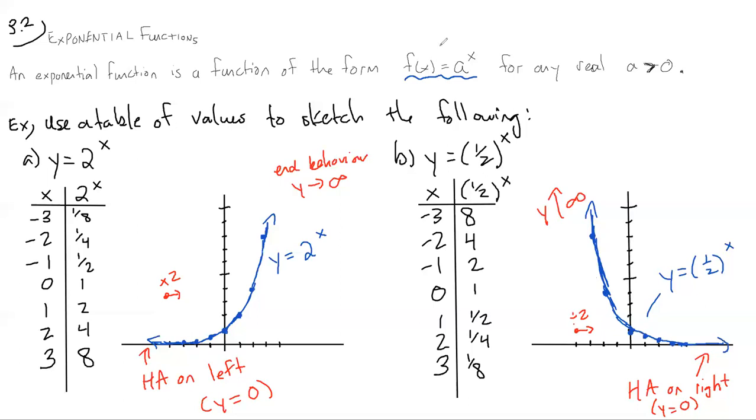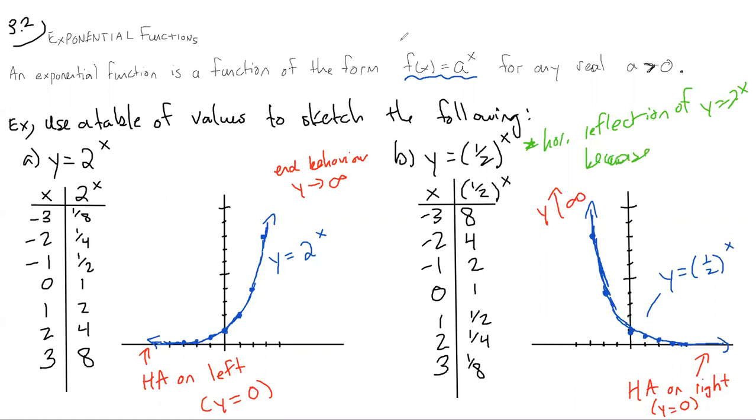If you want to think of the language of symmetry, you might notice that 2 to the x is the exact mirror image of the half to the x. There's a relationship there. It's actually a horizontal reflection of each other. And so that's something else you might notice. This is a horizontal reflection of y equals 2 to the x. And that's because,